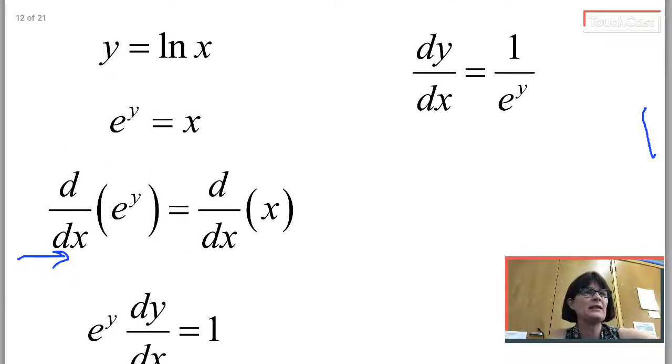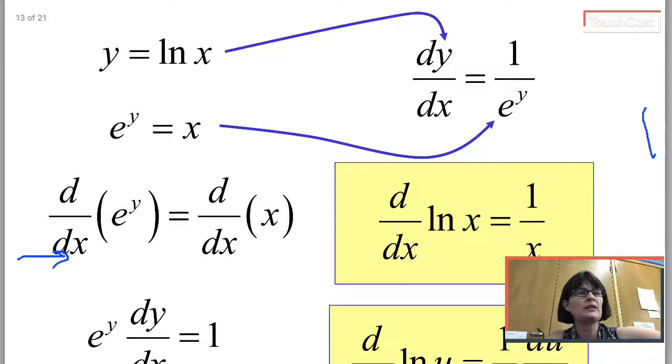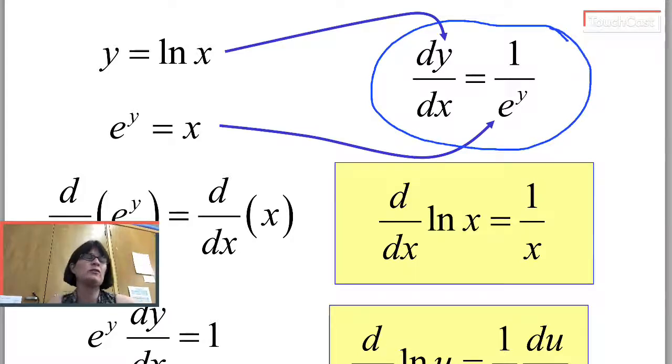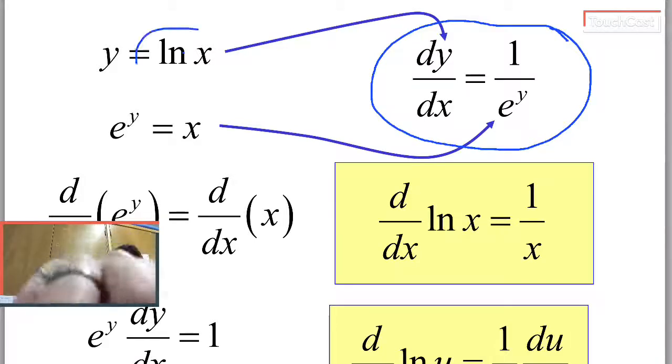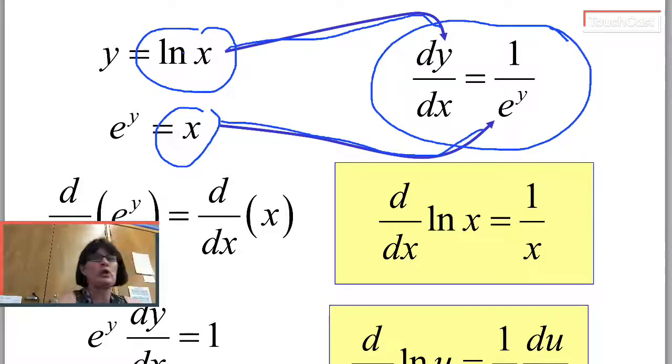Divide both sides by e to the y. You see where I am here. And now check out this cool little trick. I have here dy/dx is 1 over e to the y. I'd like to leave my answer in terms of x if at all possible. So just notice that another name for y is natural log of x. Another name for e to the y is x. So we can make these substitutions in,